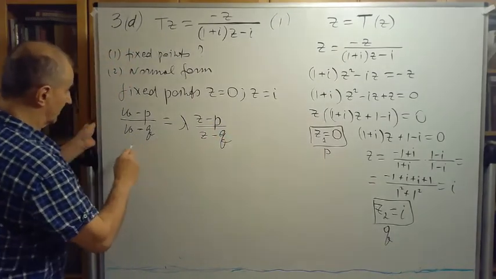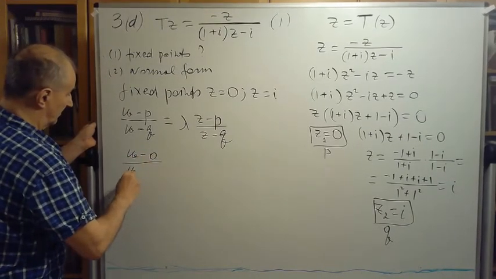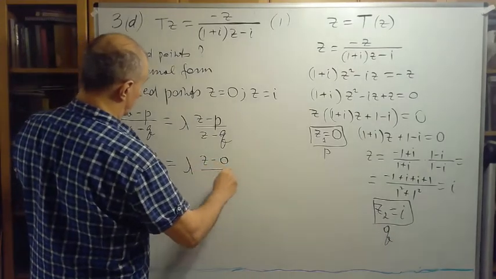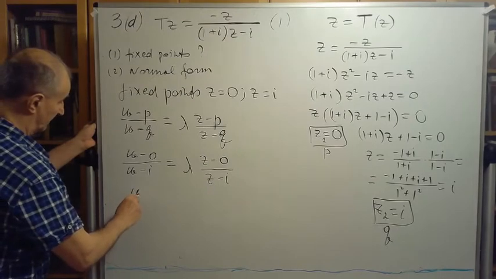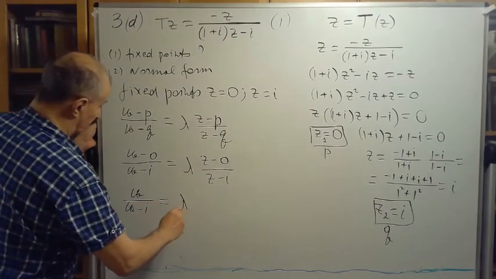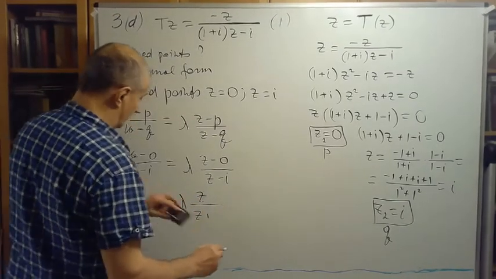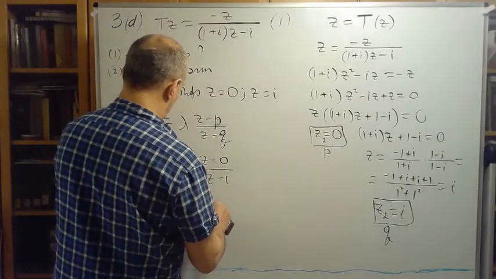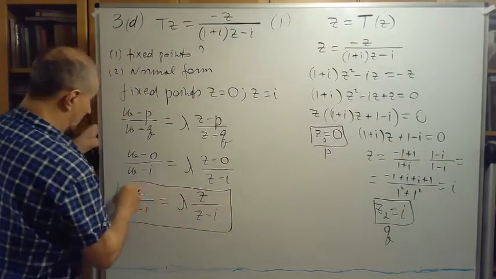So in our case it will be (w minus 0) over (w minus i) equals lambda (z minus 0) over (z minus i), or w over (w minus i) equals lambda z over (z minus i). This is the normal form